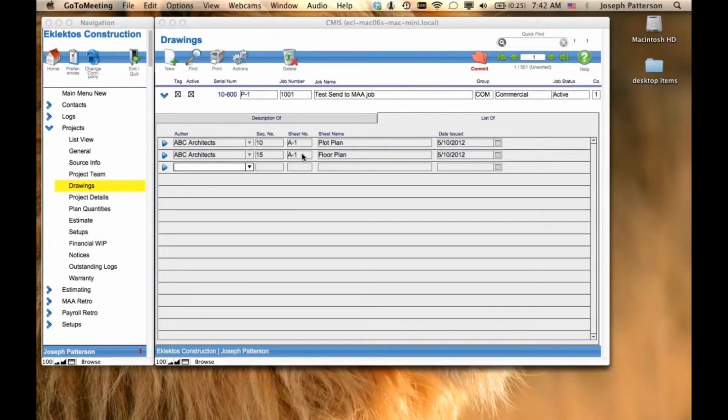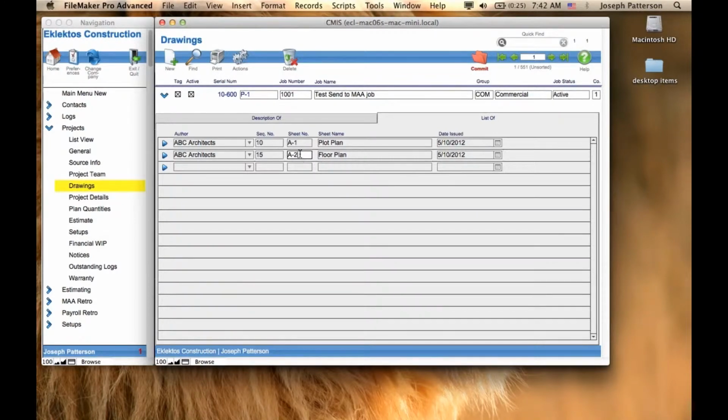We might say, okay, we actually had a revision on sheet A1, so maybe put this as 11 and sheet A1 R1 for revision, plot plan, and the date that it was issued was today. So that's one way that we can track the revisions, and you would want to do it this way if you're planning on having